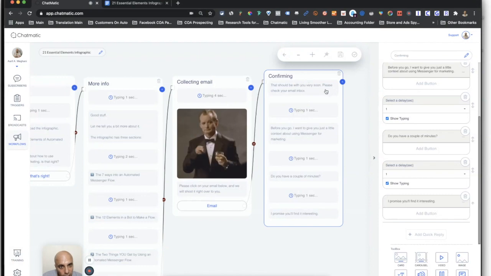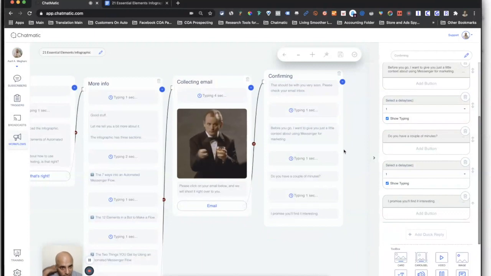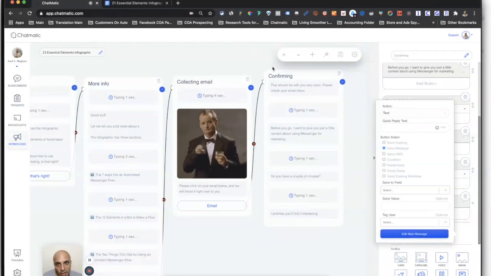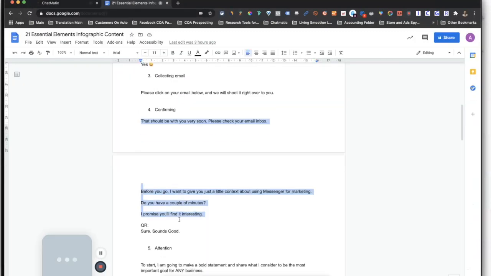So that should be with you very soon. Please check your email inbox. Before you go, I want to give you just a little context about using Messenger for marketing. Do you have a couple of minutes? I promise you'll find it interesting. And then,